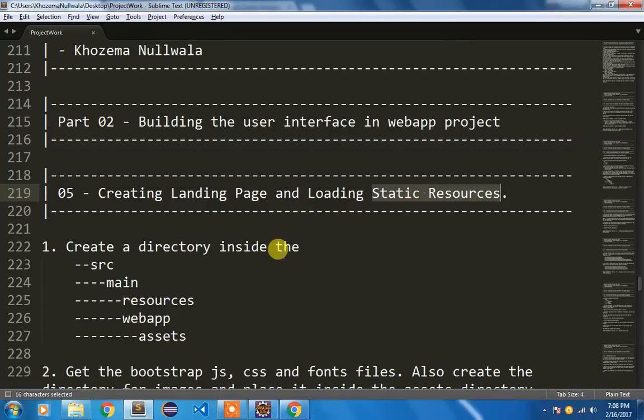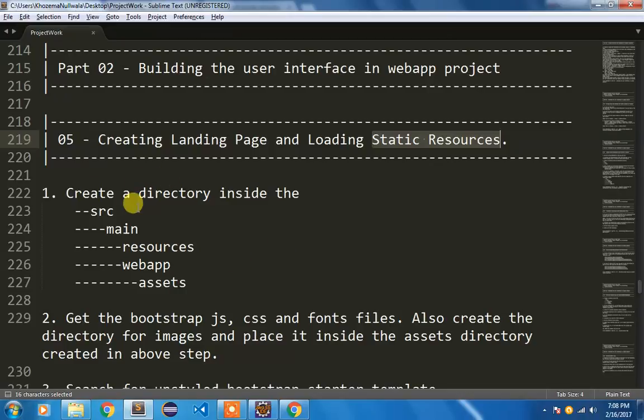load the static resources. So what I'm going to do, I'm going to lay down the steps for you to create your first landing page, and I'm going to use a template. The template could be anything, you just need to identify the section of your template that needs to be modified later. But first I'm going to go from very basic scratch, that how to create your landing page and load